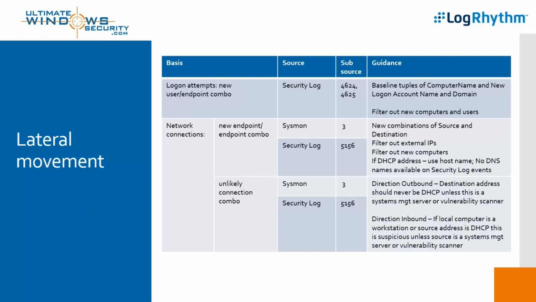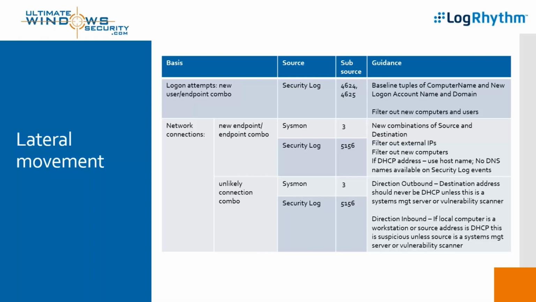Is it all lost if you don't have the DNS name in your events because you're using 5156 and you use DHCP a lot? Well, no, we can still look for unlikely connection combinations. It's the same events, but now we're going to include the direction. So we have event ID 3 or 5156, and we are looking at